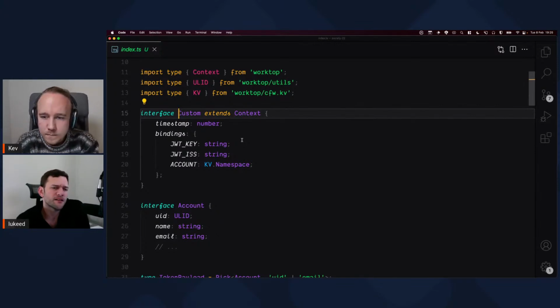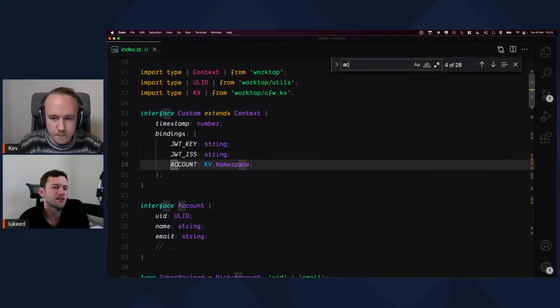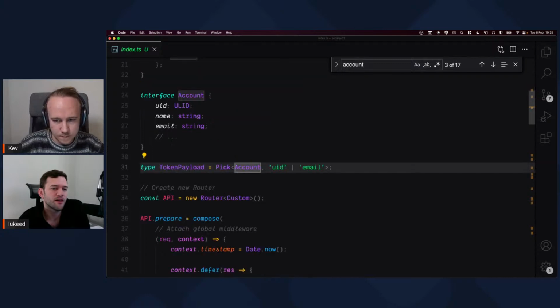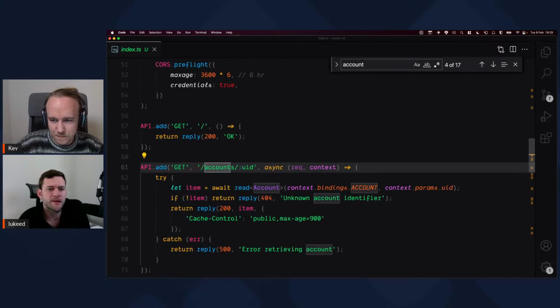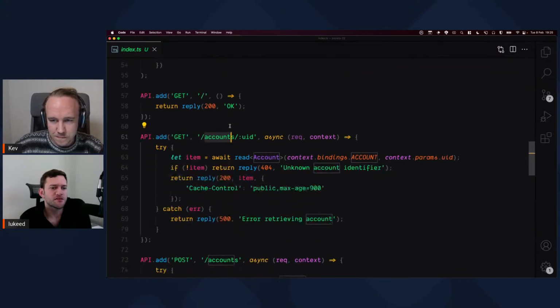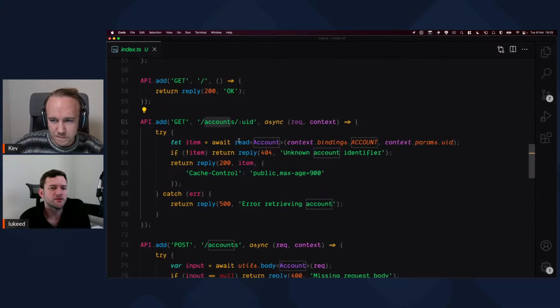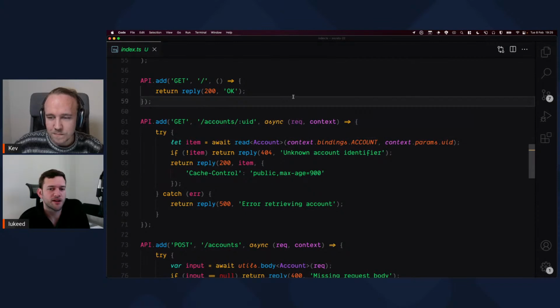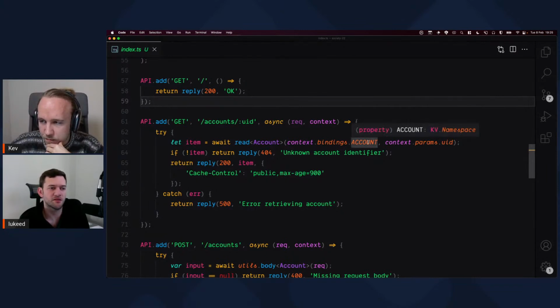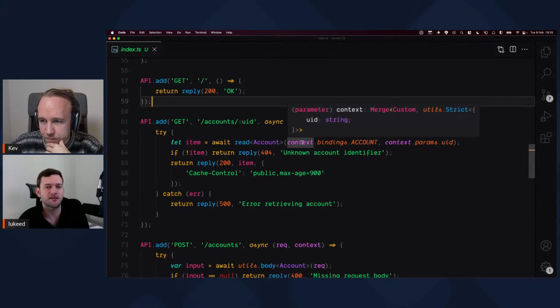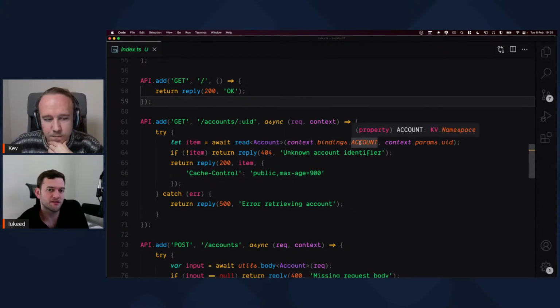And let's do a find for that account variable. It'll be a little bit lower, the second half of the file. There you go. Line 63, let item equals await read. We'll get to that. It's giving back an account, but context.bindings.account, right? If you hover over that bindings.account, it knows it's a KV namespace. And so it can only be used in that way, as opposed to if you try to put in,